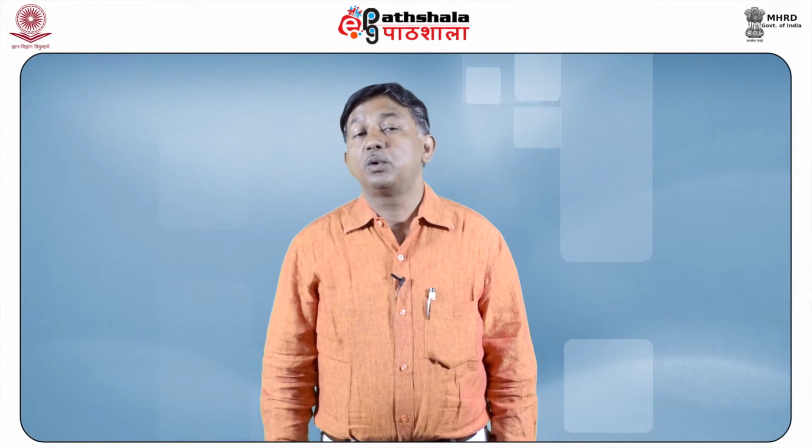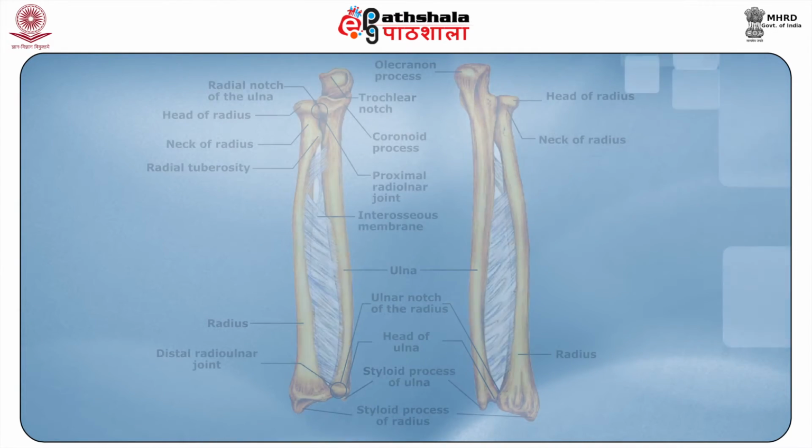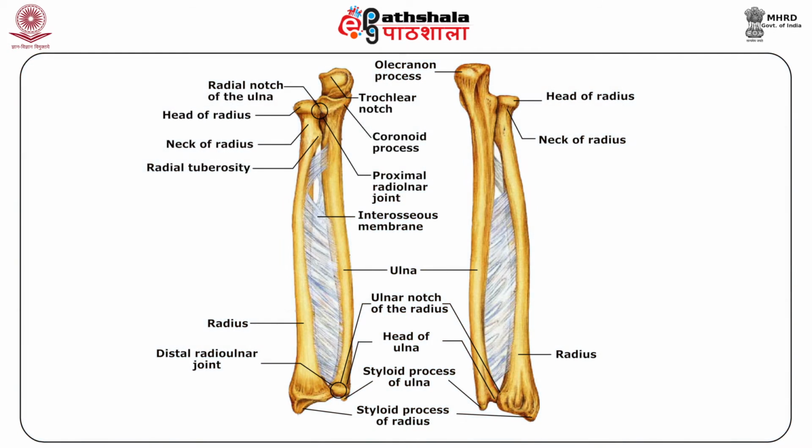Let's see the bones of the forearm. The ulna. The ulna is located on the medial aspect of the forearm and is longer than the radius. The proximal end of the ulna resembles a crescent wrench with its large C-shaped trochlear notch. The inferior margin of the trochlear notch is formed by a prominent lip of bone called the coronoid